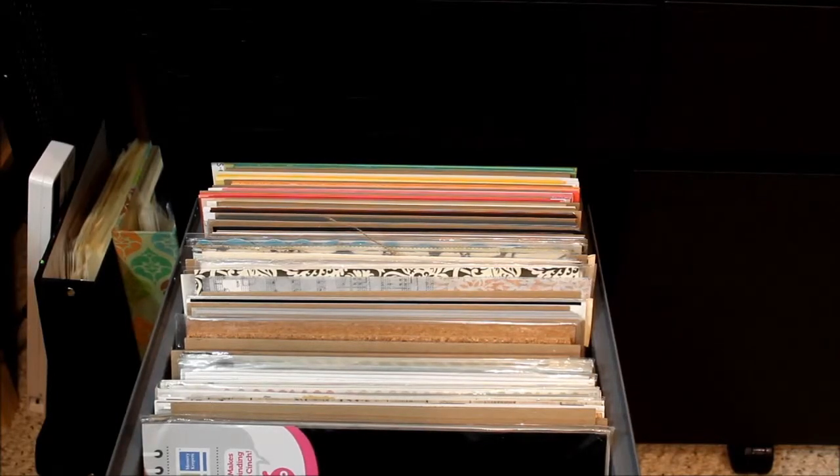If it does to you, then I would suggest that you look into the Galant filing cabinets from IKEA. They're actually deeper. I believe the drawers are at least 13 inches deep, maybe a little bit more than that. But they are more expensive. So if you don't have a lot of paper to store in that way, then that would definitely work for you. So now I'm going to put you on pause, and I'm going to move around and show you how